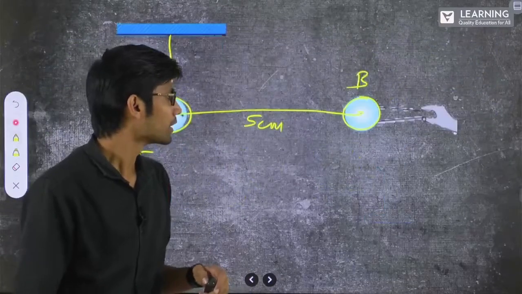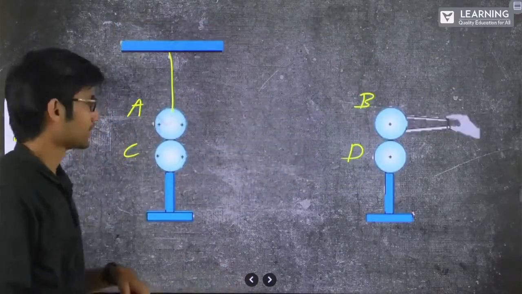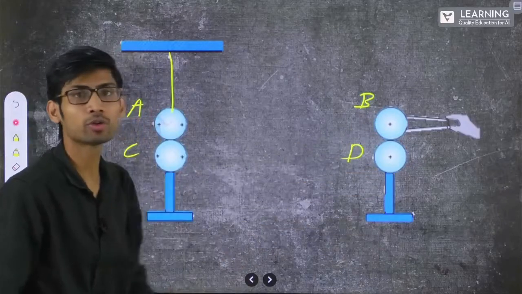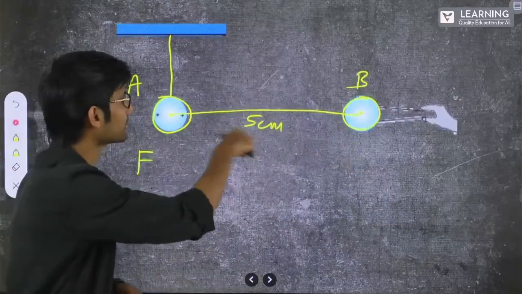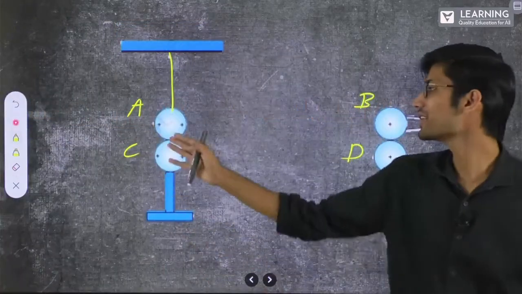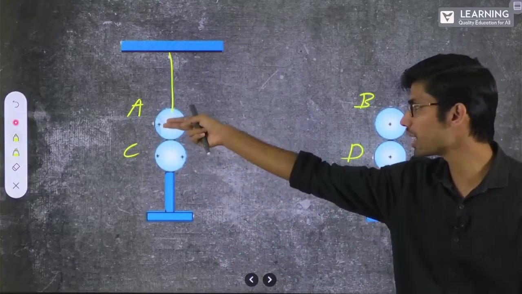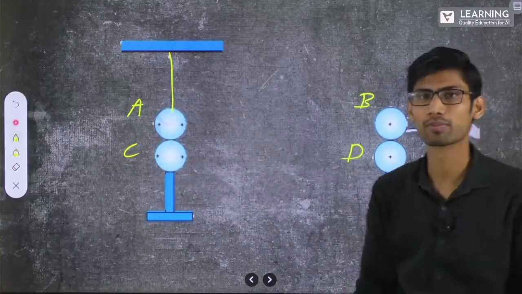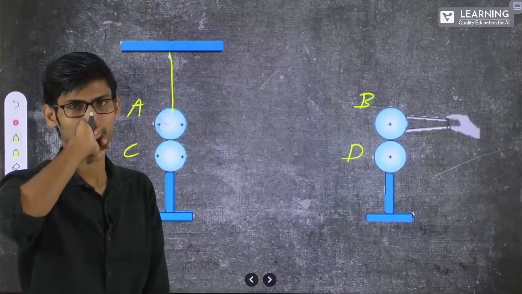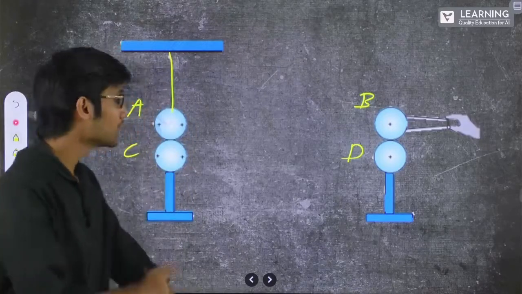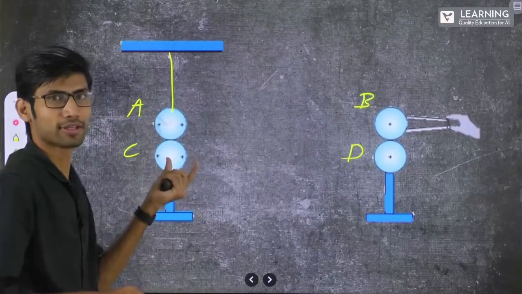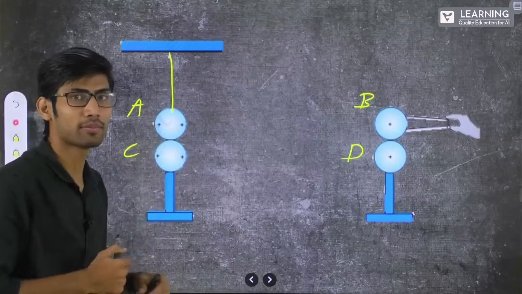Fine. So now A and C and B and D have identical sizes. What does this mean? When they are touched, obviously some charge transfer would have happened. Earlier this was having Q1 and this was having Q2. But now in the final, it will not be Q1 and Q2, because this happened in the middle. Because of this, some charge would have transferred from A to C, and some from B to D. Now how much charge will be transferred? If two bodies are both metallic spheres of the same material and the sizes are same,